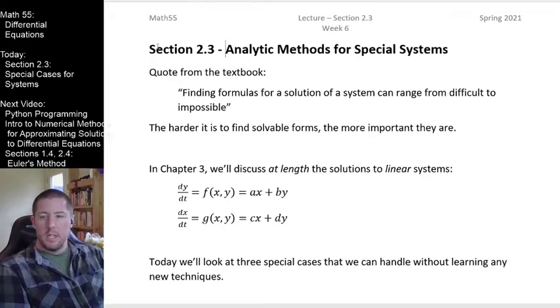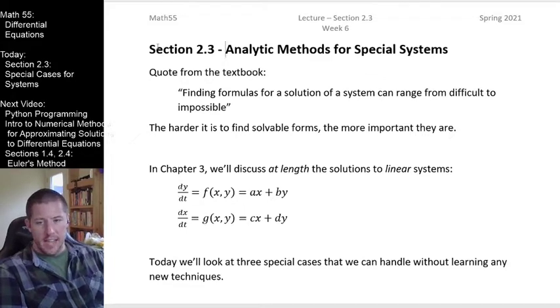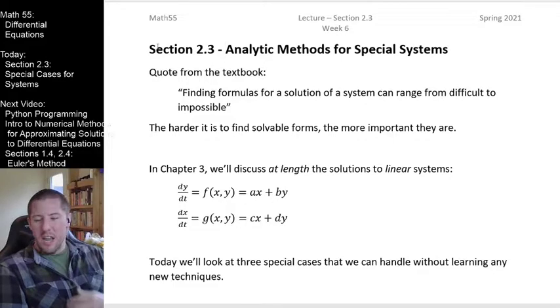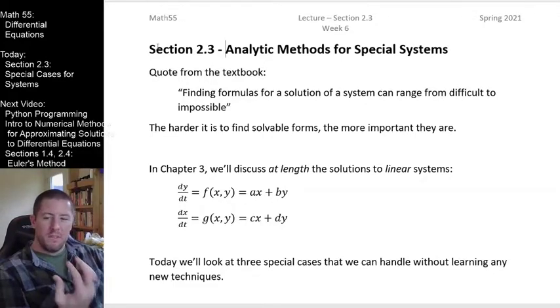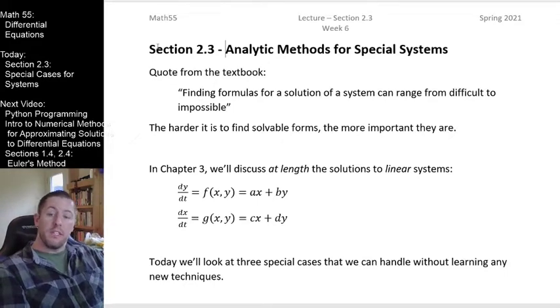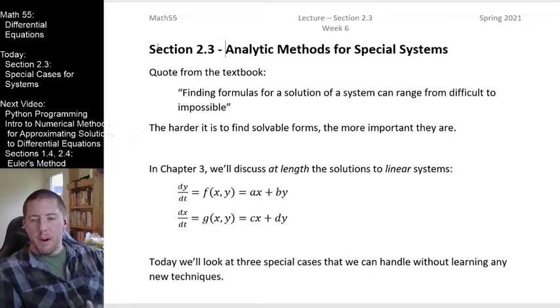So what we're going to do today is look at the systems that we're already able to solve without learning any new techniques. So this is sort of us handling all of our business before we really truly start with our systems analytic methods in chapter 3. So today we get our special cases. And what you guys know is that rather than just following through chapters 1 through 3 in the textbook, we're going to take a little pause and cover all the numerical components of